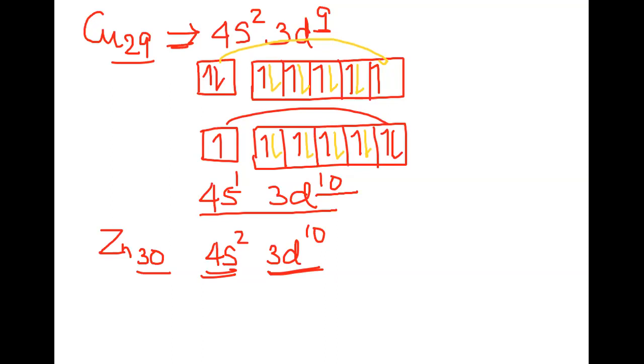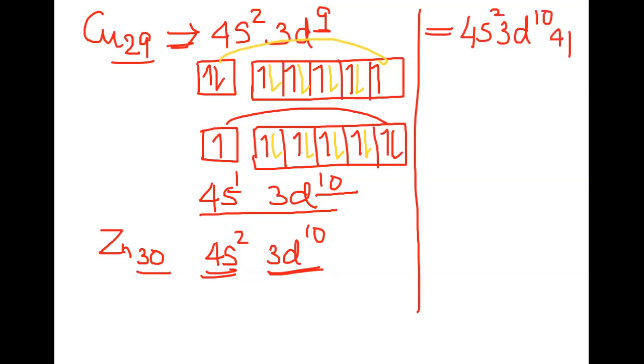What happens to the element which is having an atomic number 31? In the case of element with atomic number 31, the electronic configuration as usual here, then you will have 4s2, all right? Then you will have 3d10, and then the p block elements will start. So the p block now starts to fill up. So you are now on the p block elements.